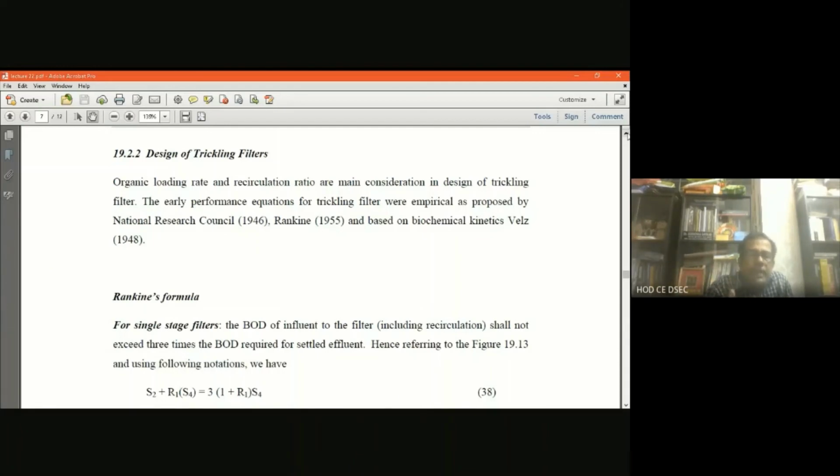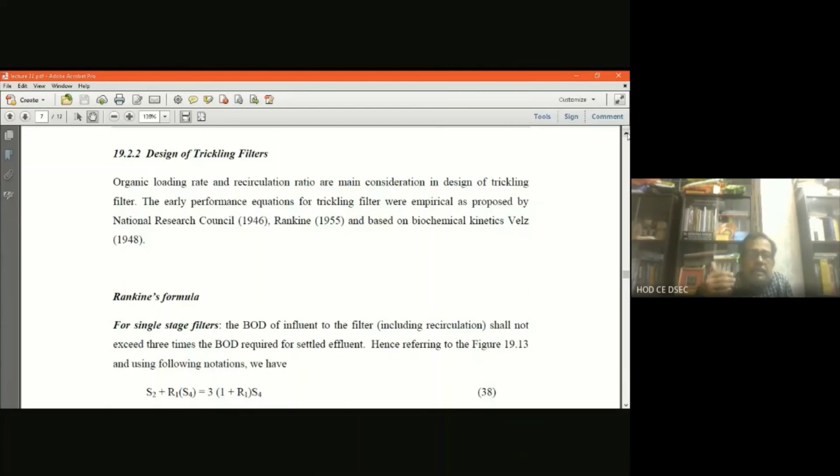And we have observed that in the attachment surface, as the biomass sticks and the treatment process progresses, the thickness of the biofilm increases. Then the inside layer, which is in contact with the attachment surface, due to unavailability of oxygen, is detached from the surface. This phenomenon is called sloughing. The sloughing layer is detached from the attachment surface, and sloughing is a regular phenomenon in this attachment surface.